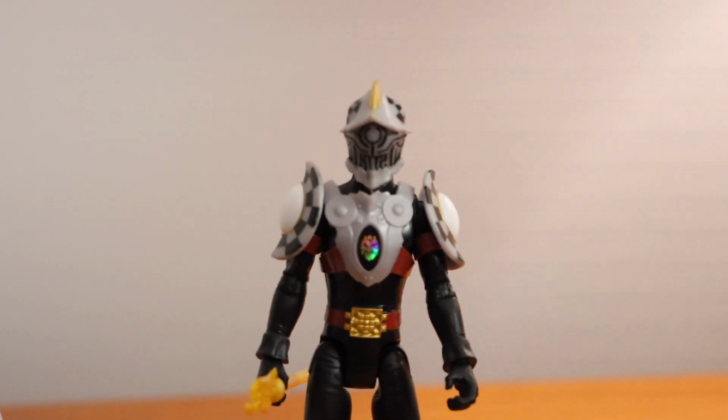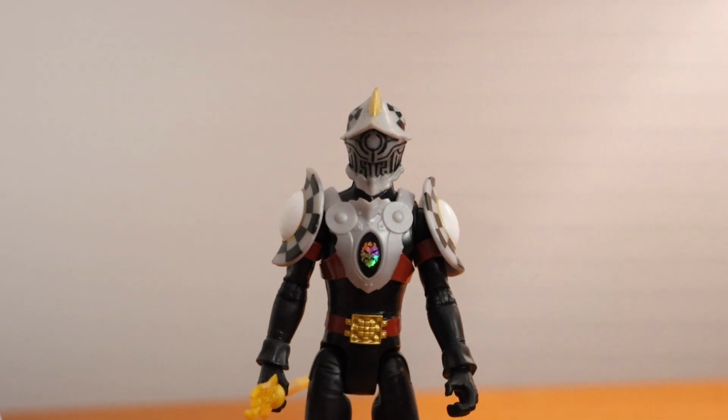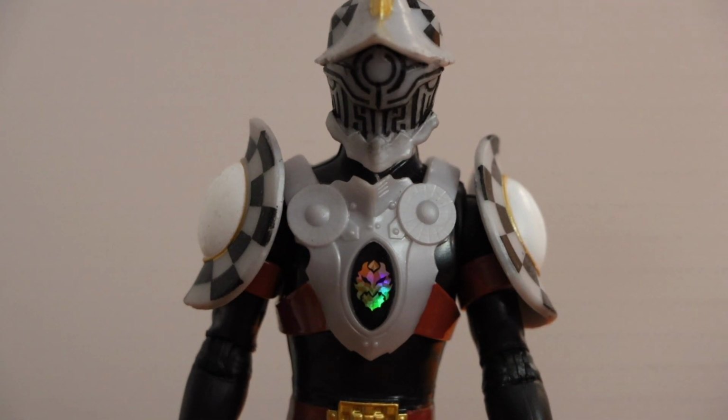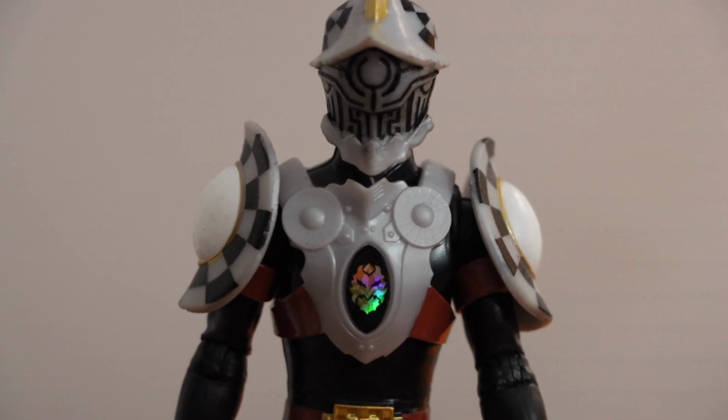and then the henchman itself, which is now out of focus, he comes with the shield and a spear. But just look at the head design. I'll zoom in. Look at the design on that head. If you ask me, this is probably one of the coolest villains, or henchman villains, like a foot soldier,